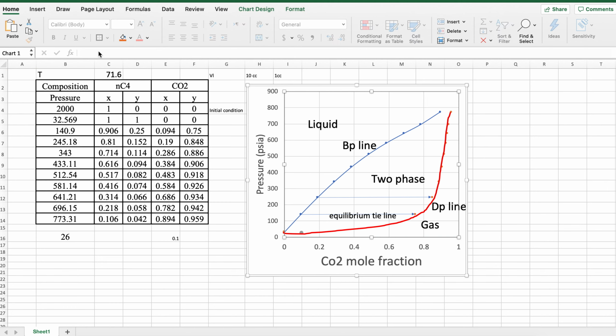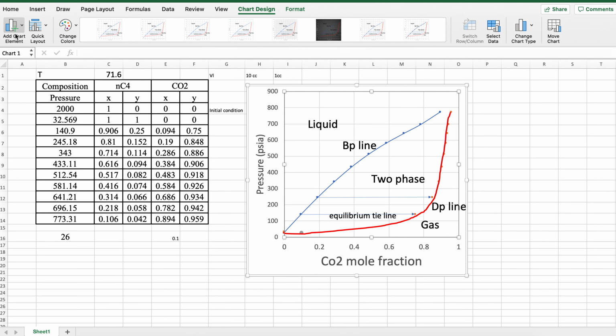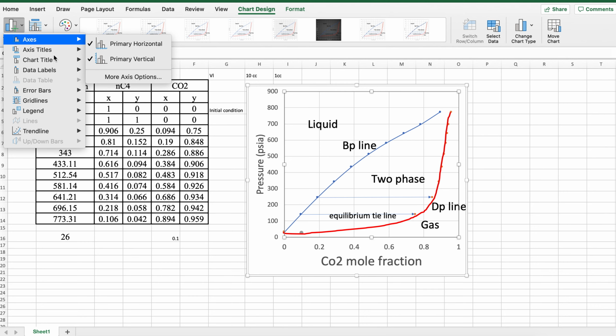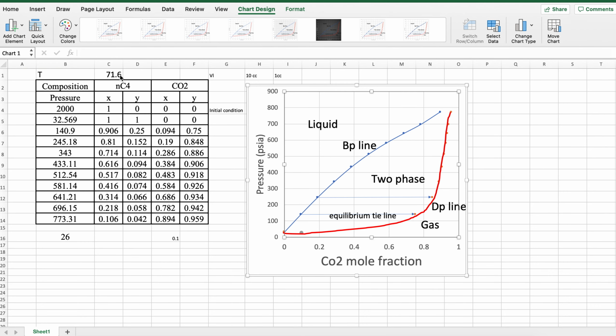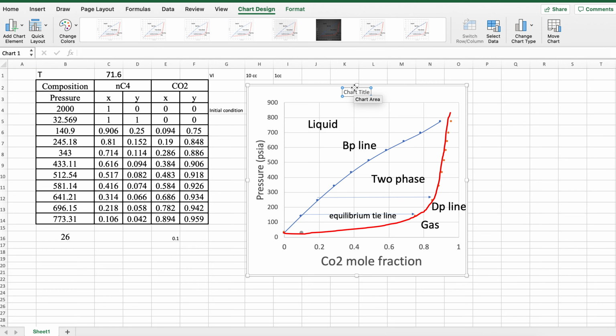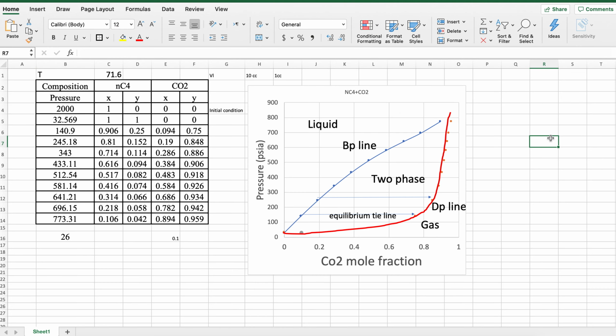You can also add that in the title, chart title of the chart, and then you can say this is the NC4 plus CO2. Okay. So as I said, this becomes your analysis, and then you just need to confirm